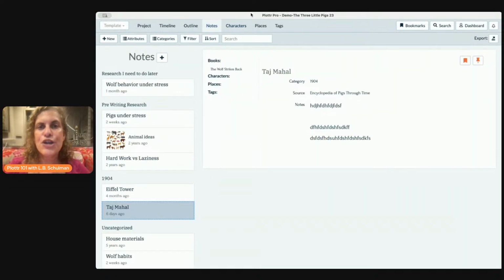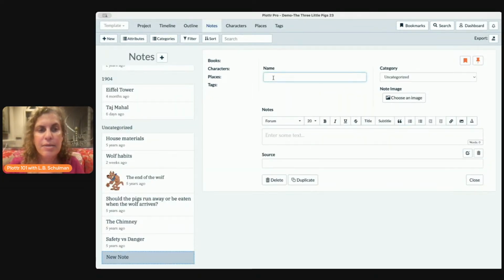Let's go over to notes. So notes are where your research cards go. This is cool. So you can do a new note one of two ways. You can click on the plus or you can go to new right here. Same thing. A new card. Here it is. Maybe look, we have 1904 here. So maybe they're time traveling pigs. And we want our time traveling pigs to go to